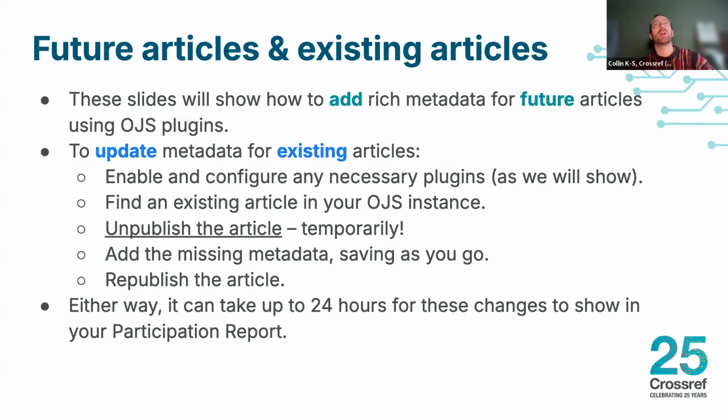But to do this, you're going to have to go in and temporarily unpublish the articles, add the missing metadata elements that you want to add, save, and then repush those DOI deposits, which I will talk briefly about how to do. And then I'll also note that if you go in and add references for all your articles, it's not going to show up immediately on your participation report. There's a lag of about 24 hours between when you update or add a metadata element and when it shows up in your participation report. Sorry for anyone who really loves instant gratification. It's going to be about 24-hour gratification.